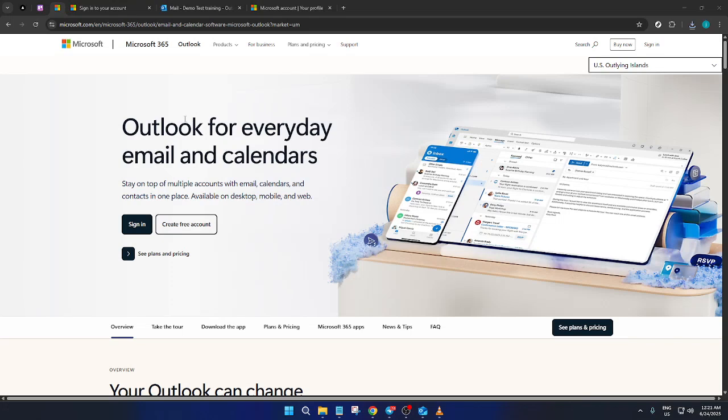In today's video, I'm going to teach you how to block unwanted junk emails in Outlook. We all know how overwhelming it can be to open your inbox only to see it cluttered with junk mail. Luckily, Outlook offers a robust set of tools to help manage and reduce the influx of unwanted messages. So, let's dive into the steps that you can take to clean up that inbox and regain control over your